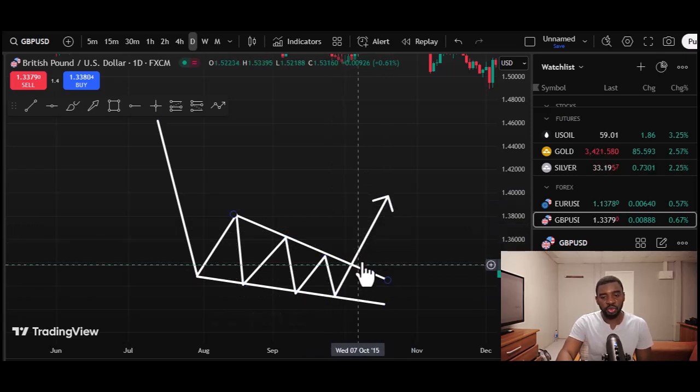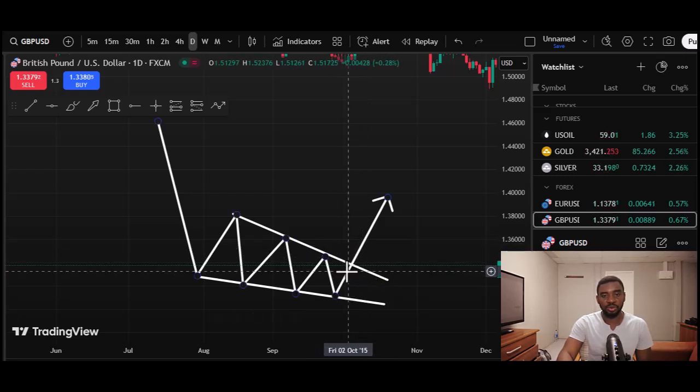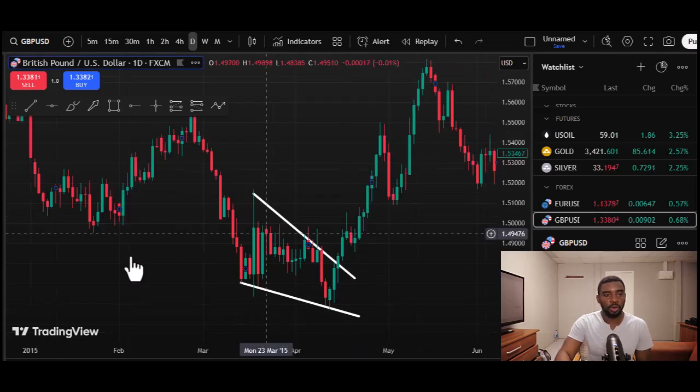At this point, we should be looking for a strong bullish candle. That's when we consider the breakout to be valid. If the bullish breakout is not strong, then you have to let it be. So this is